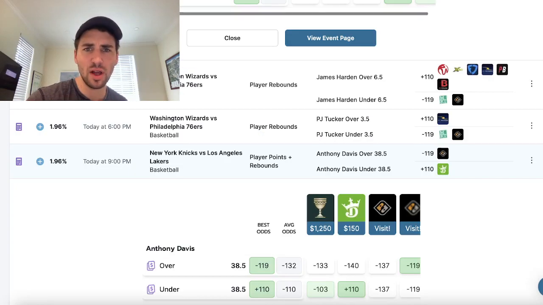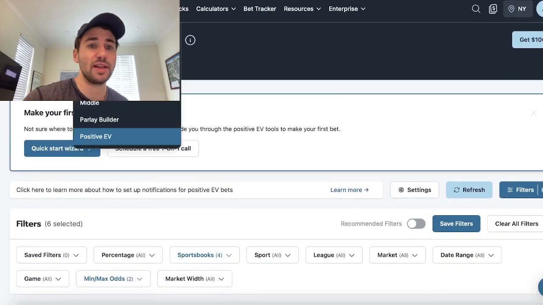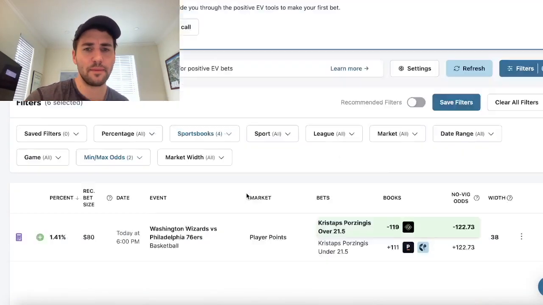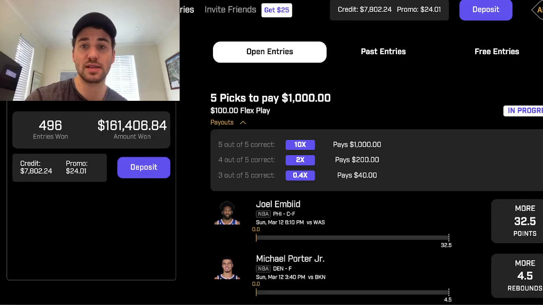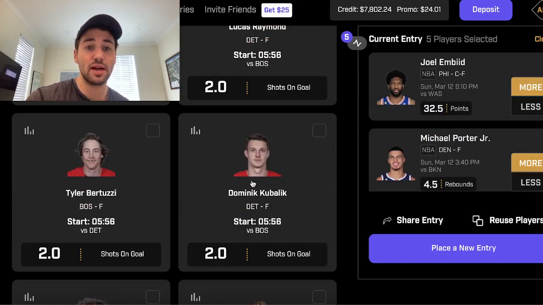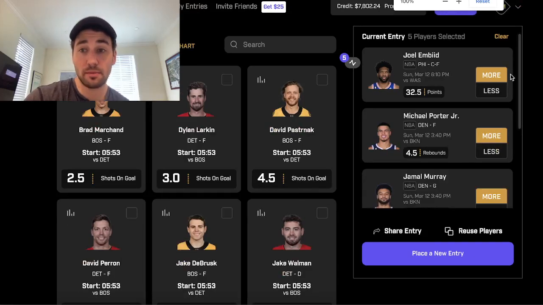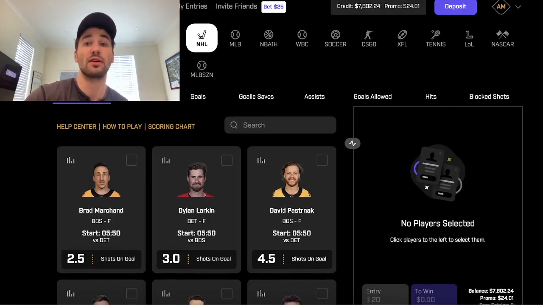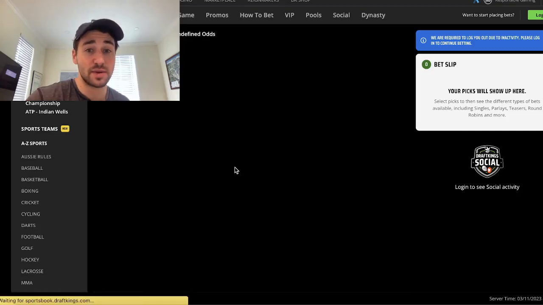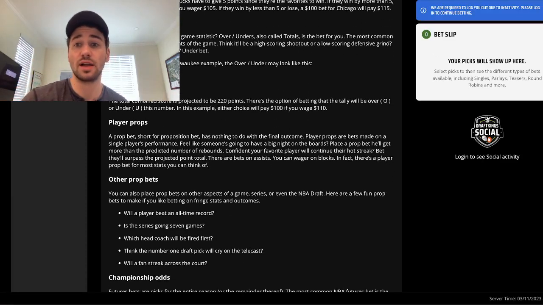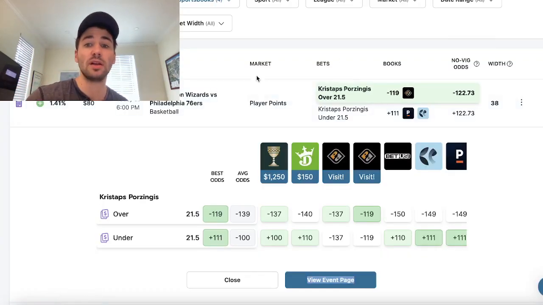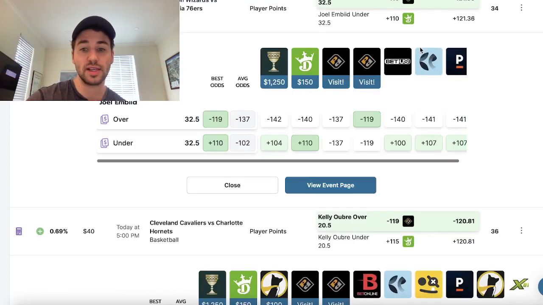So the next tool I obviously use very frequently is the positive EV tool. I probably spend 80% of my time on this tool. And what this tool does is it literally just goes to PrizePicks and scans all of these lines, right? So it pulls in all of these lines and it puts a minus 137 and a minus 119 to them. So it's doing the same thing for DraftKings, right? You think about DraftKings, all these odds they have on their site, OddsJam is constantly pulling those in, updating them in real time to show you where there's value in the market. Right, so out of the tens of thousands of odds on PrizePicks or whatever sportsbooks you're filtering for, you can see there's also some plays on,